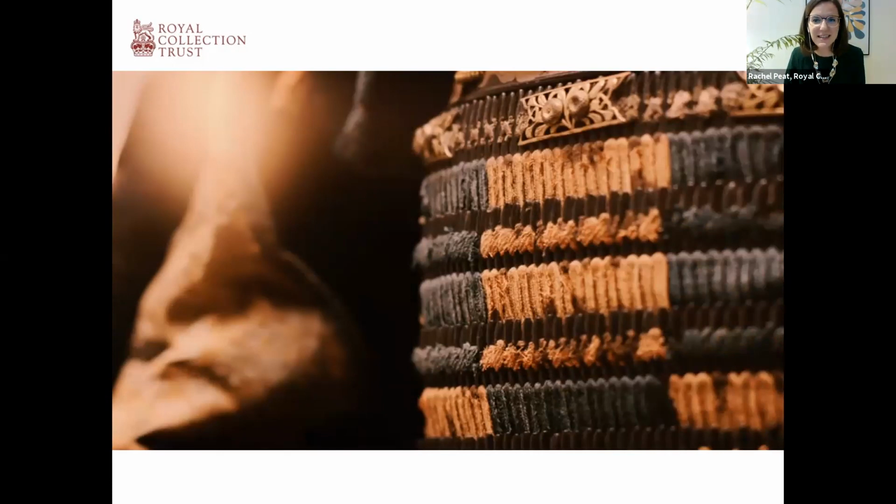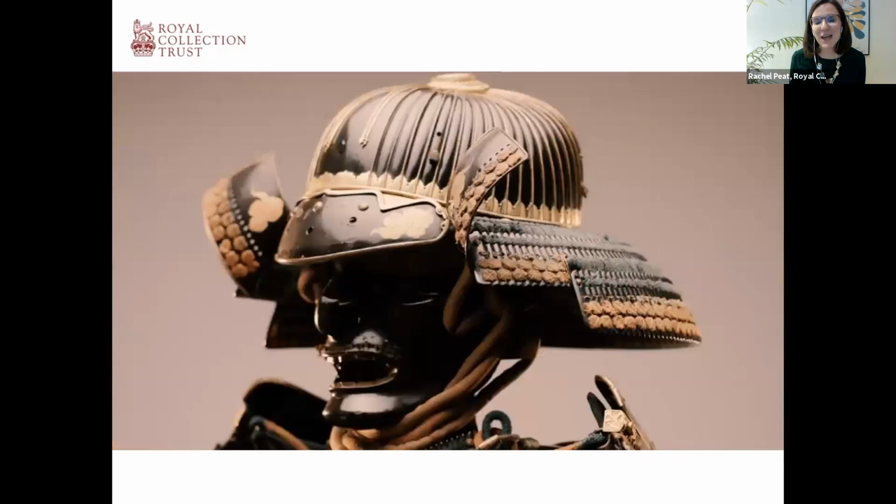Now, what's exciting is that this armor still retains its original silk lacing. This is a very fragile material. It deteriorates very quickly over the centuries. And in Japan, it would be quite normal to replace and relace an armor as part of a conservation project. So the fact that we've got the original lacing of the armor that perhaps James I might even have tried on when he received it gives a sort of frisson of excitement, I think. It also evokes something of the world of the samurai, the military elites who sort of dominate Japan at this